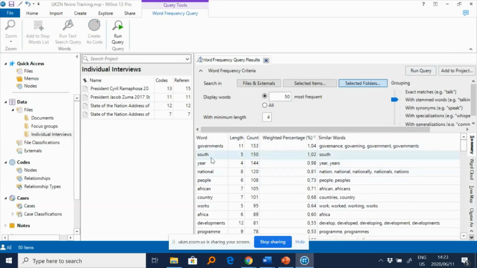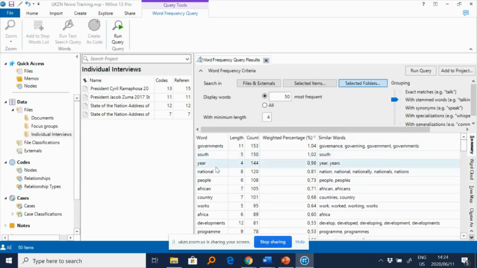And it kind of makes sense, because if you think of a State of the Nation address, the leaders of a country would most likely be speaking about government and governance issues most of the time. South, in the context of South Africa, that's why South appears.